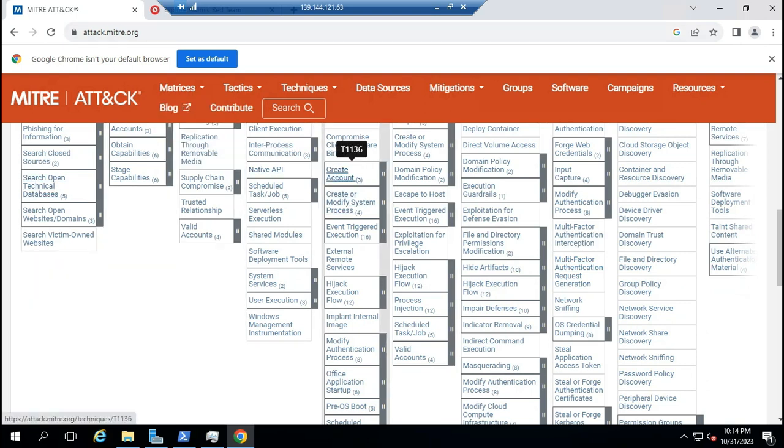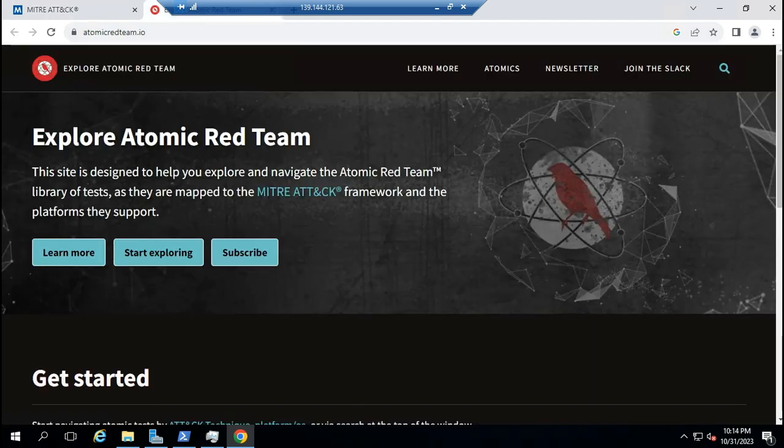And then I will show you. I will use Atomic Red Team to simulate the attack from the red team.